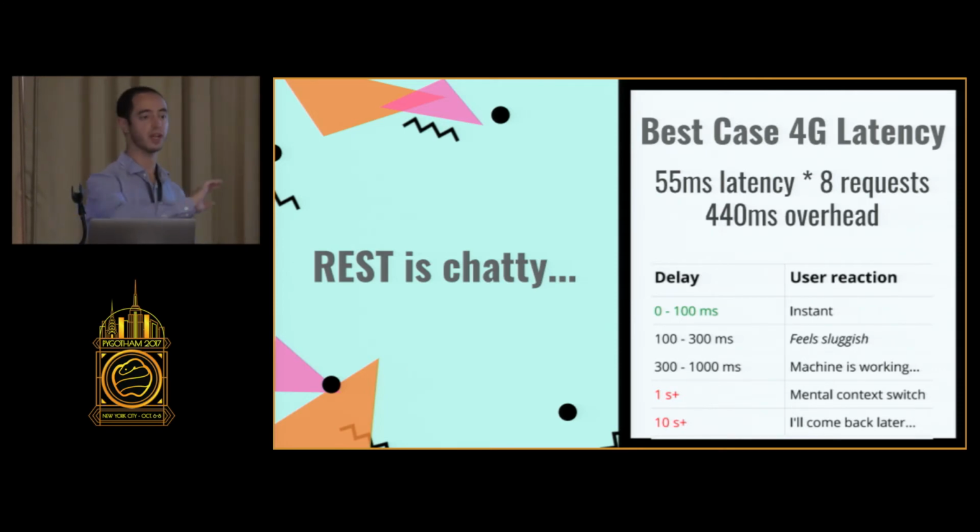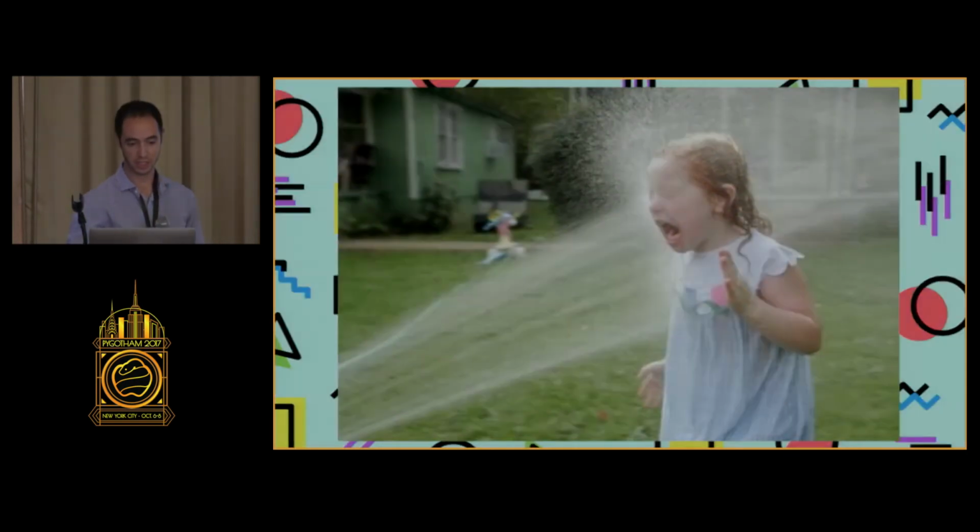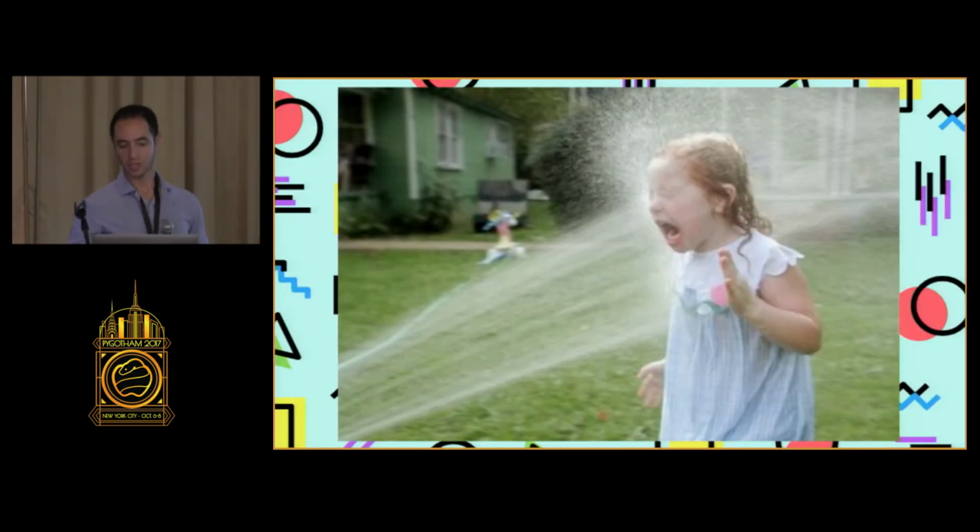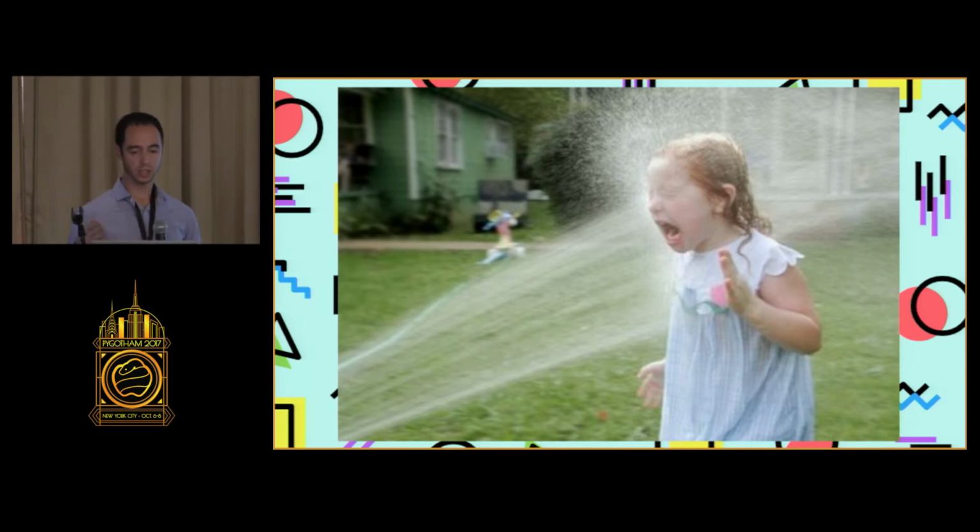Even so, even if H2 completely got rid of the question of chattiness, you still have a different problem here, and that has nothing to do with HTTP. It has to do with TCP itself, which is the protocol that underpins HTTP. The long and short of the problem is that all connections are made over an asymmetrical network.